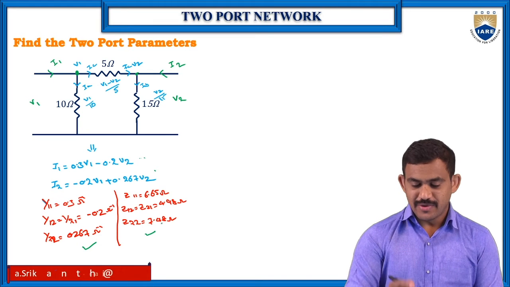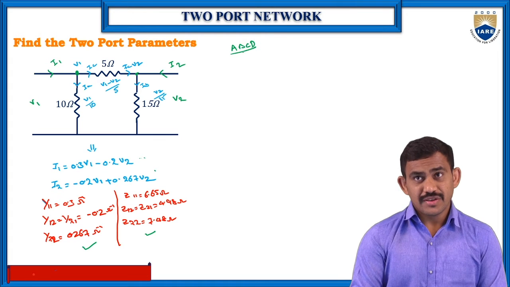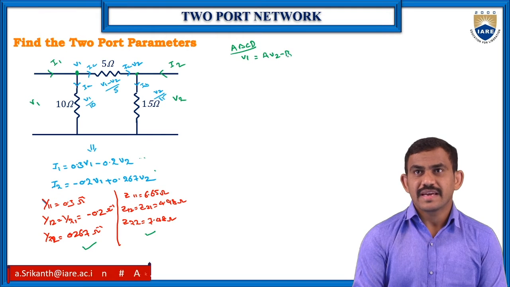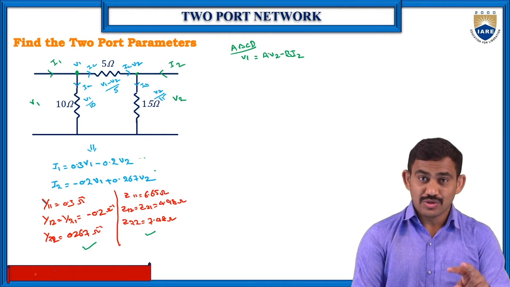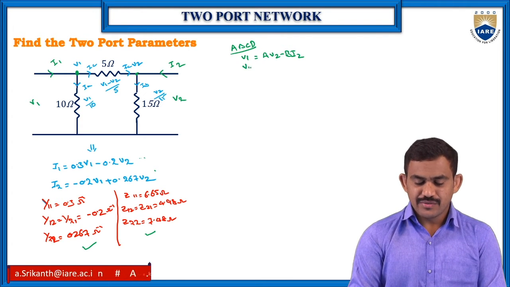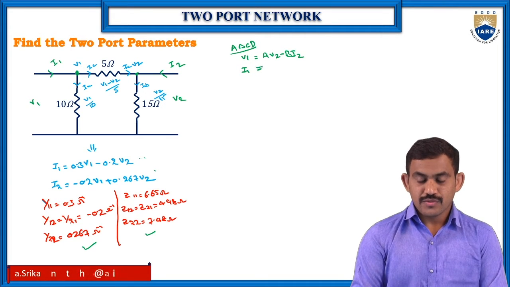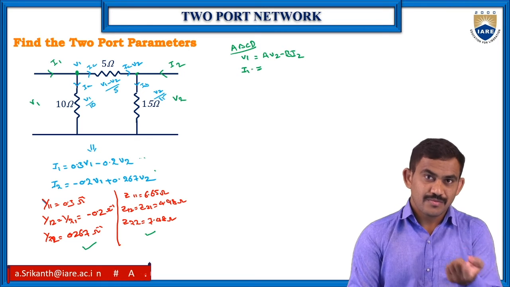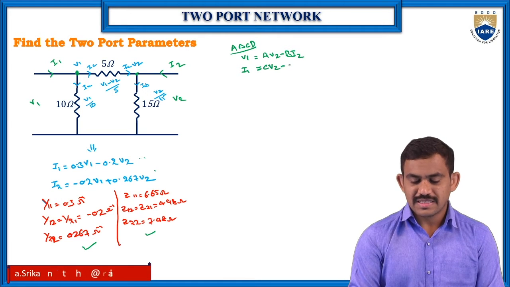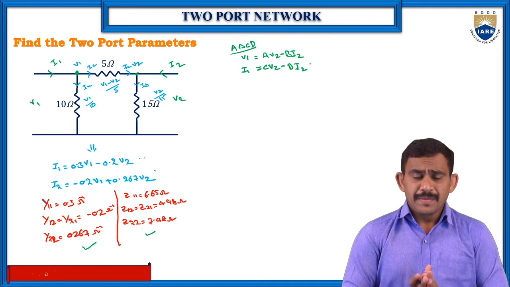Now I want to go for the ABCD values. For ABCD transmission line parameters, your equations are: V1 is equal to A V2 minus B I2. So we have minus B I2, because both the I1 direction and I2 direction are reverse. And I1 equals, not V2, here we have the I1. So ABCD parameters in form of primary side values V1 as well as I1. So we have C V2 minus D I2.